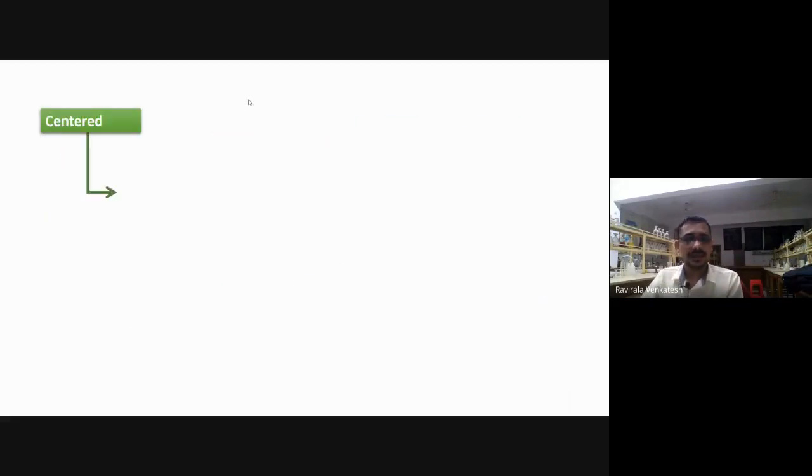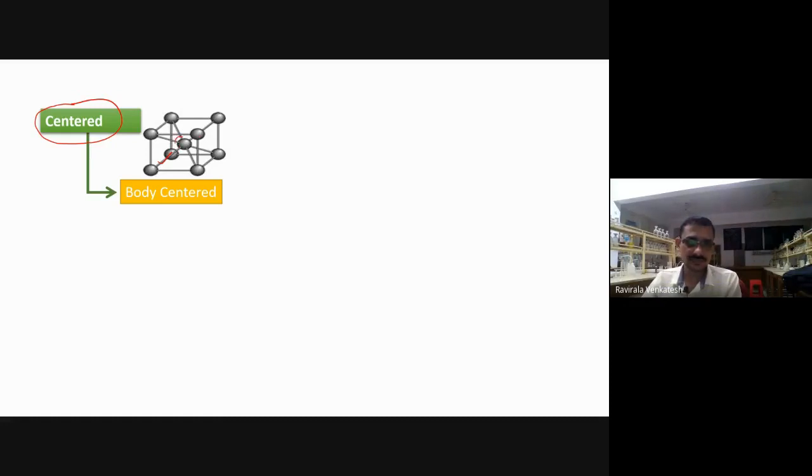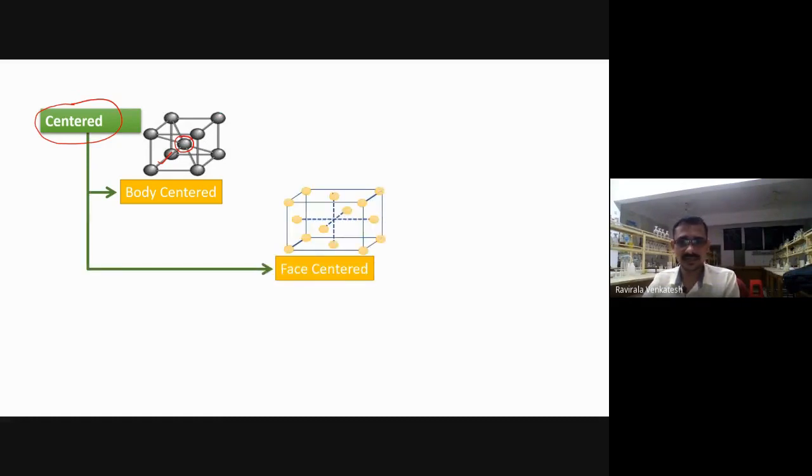Next we'll take the second one, centered primitive cells, centered cells. In these, constituent particles, in addition to the corners, may be present at the body center, that means the center of the unit cell, like this. Next, face centers. Just now we discussed this. The constituent particles may be present at the face centers in this manner. Top face, back face, 6 faces are there. Here only one. Next, end centers also will be there.